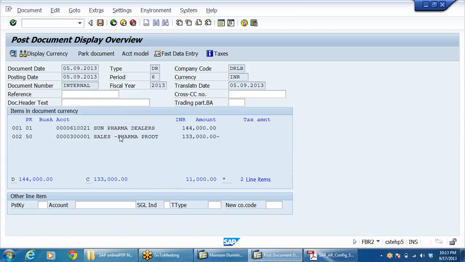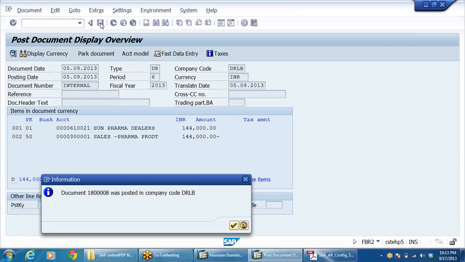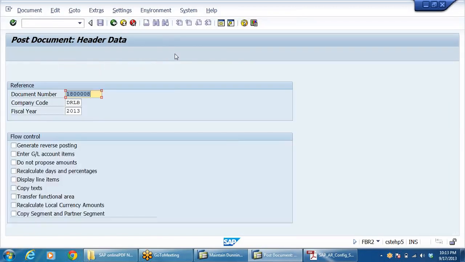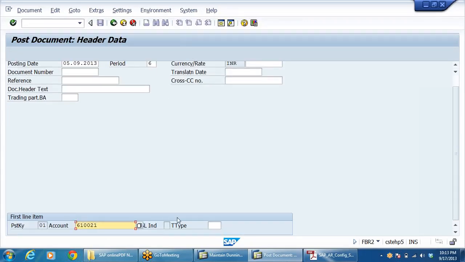So if you take post with reference, the entire entry will be copied. So change the amount and just post the entry like this. We'll post to the second party also. 21, 22.